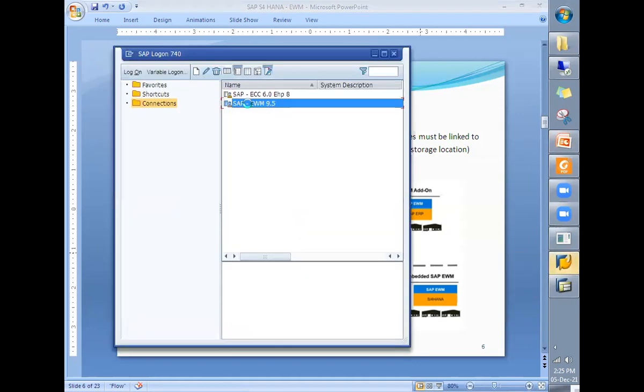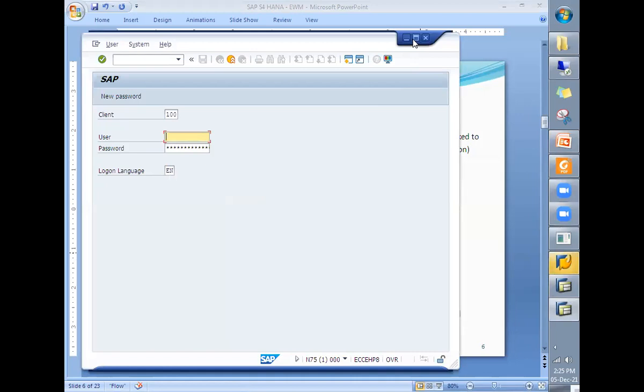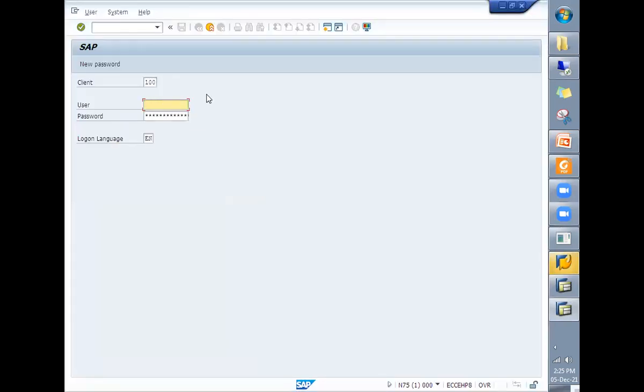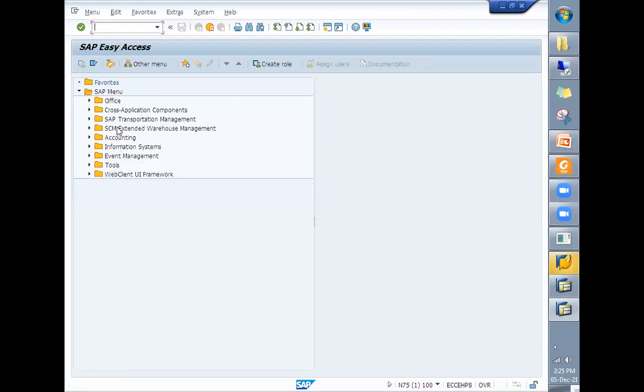This is another system, the SCM system. Let me log in to this SCM system. All right, in the SCM system we have transport management, EWM management, event management and so on. Two different systems.